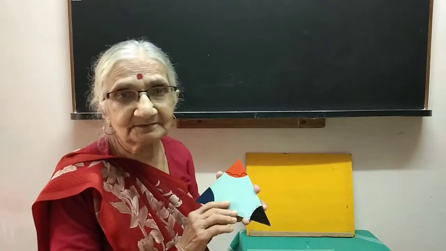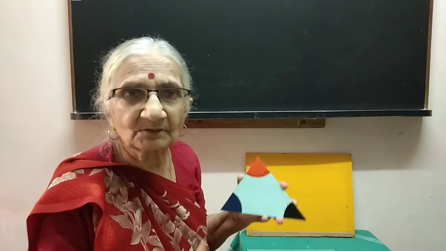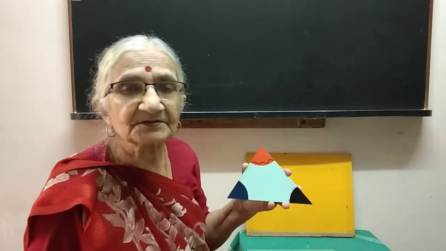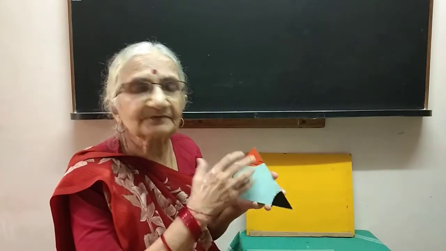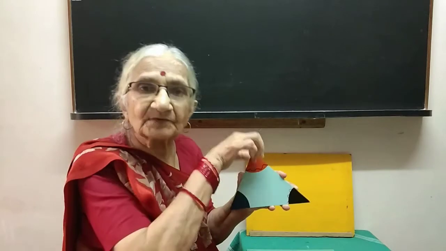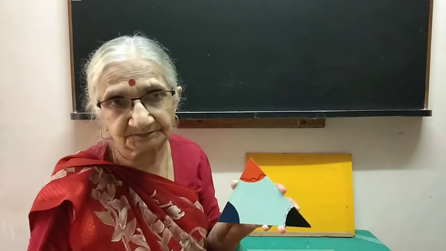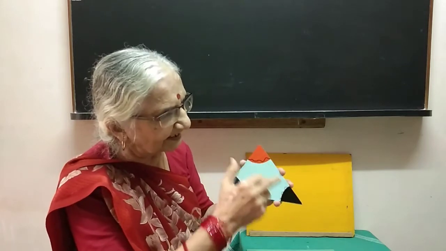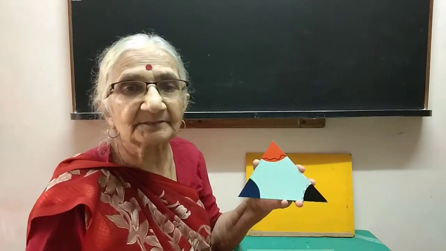Here is a model. A very simple one. We have a triangle. We have marked the three angles in different colors so that when we take this color, we know we are talking about this angle and so on. And we want to show that this angle plus this angle plus this angle, when you take the measures, add up to 180 degrees.